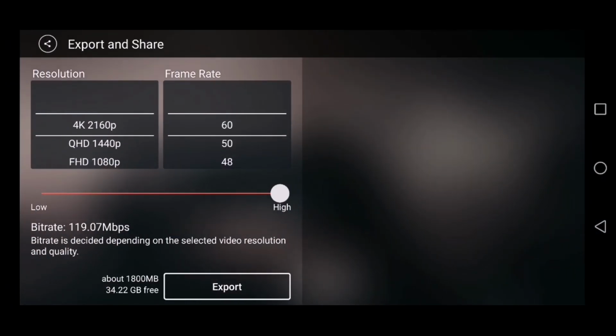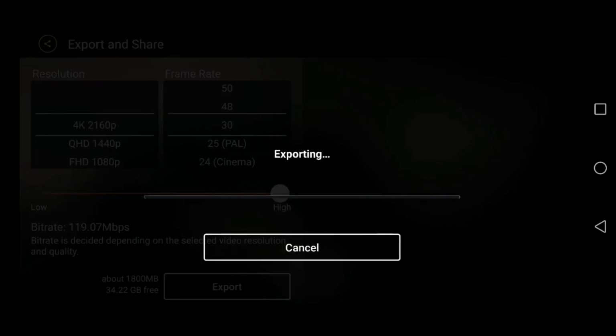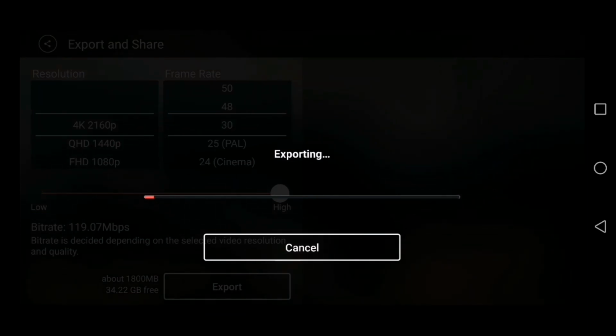So we're just going to render this now. I want it rendered in 4K, obviously at 30 frames per second, which will be 1.8 gig at 120 Mbps bitrate. So that's going